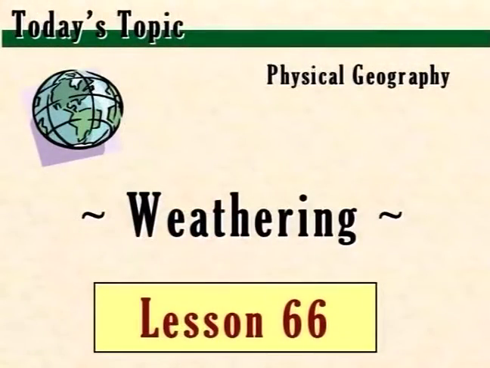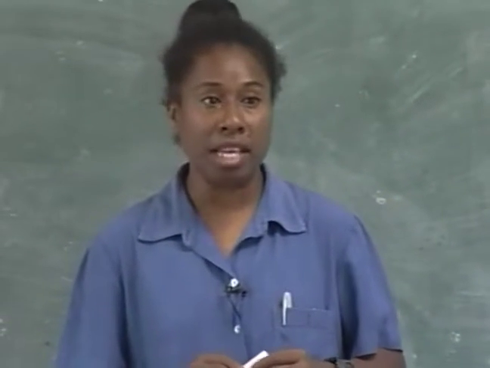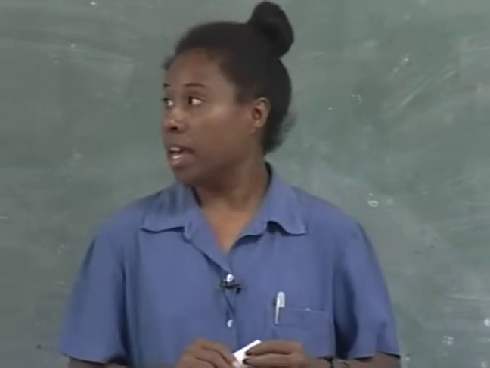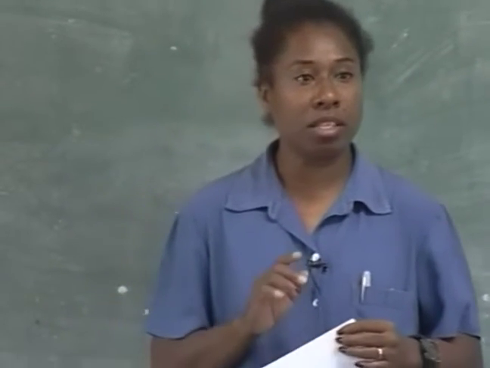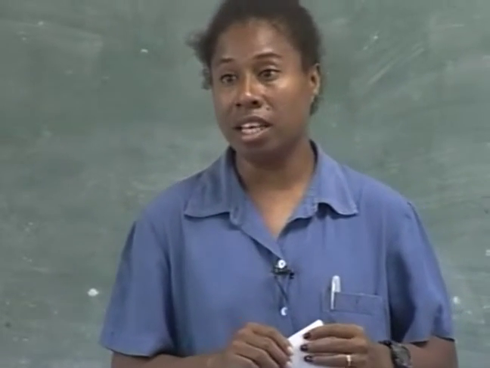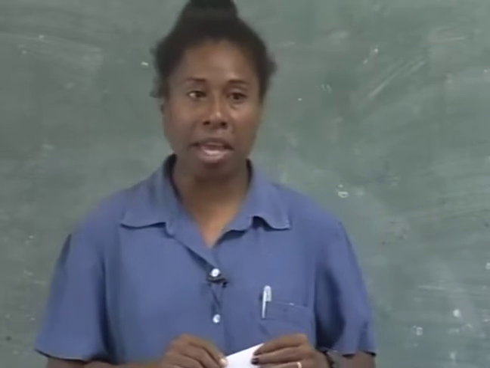Our lesson today, I would like us to look at some of the features which are created as a result of chemical weathering. Those features are mainly associated with carbonation. In our previous lesson, we looked at what chemical weathering is, and the 4 examples which come under chemical weathering. Today, I'd like us to identify some of the landform features in reality that are created as a result of chemical weathering,